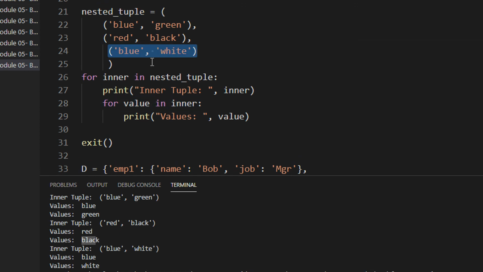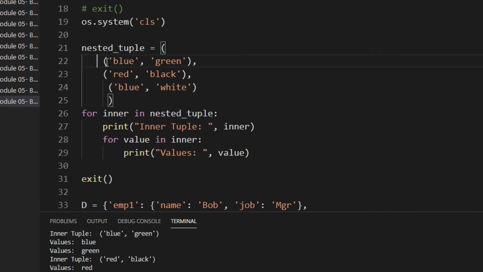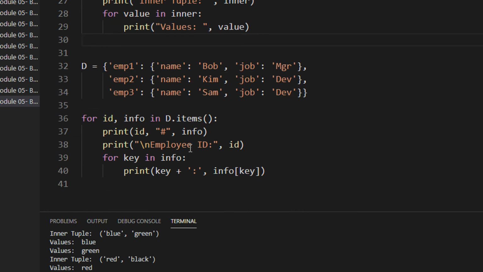So class, just remember one thing. If you have an inner tuple, so for example, this is the outer tuple and inner tuple, right? So you require two for loops because there is a tuple within a tuple. If there is a tuple within a tuple within a tuple, you have to use three for loops, just like a 3D array or a 2D array. For the same thing, you can also have